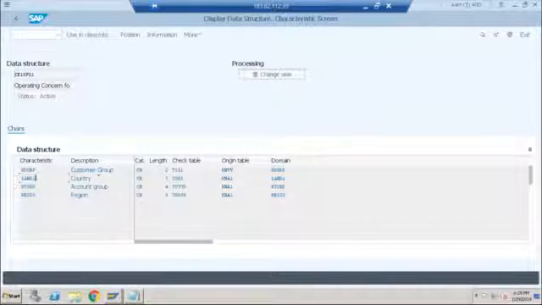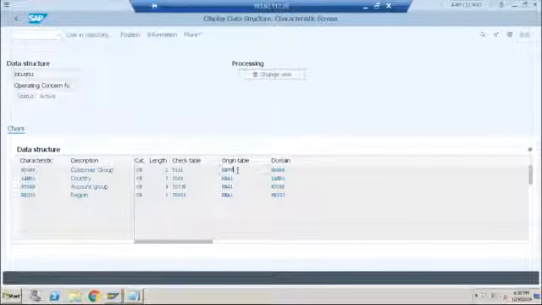Okay, but what was happening? Whenever we were posting anything, we were not able to see these values, customer group and the country value. The reason was the characteristics were not defined properly. So I told you I will check in the background and let you know in the next session. The problem was we were using some other field. I removed that field. Now I included this from KNA1.